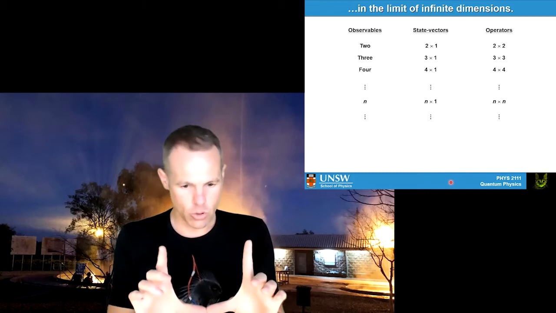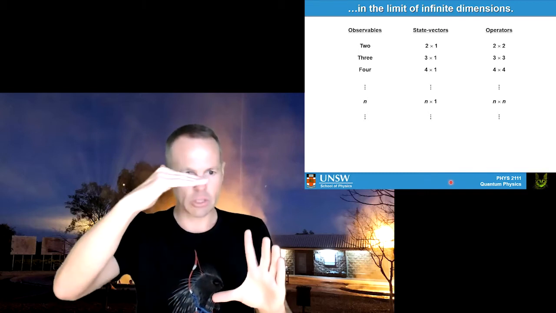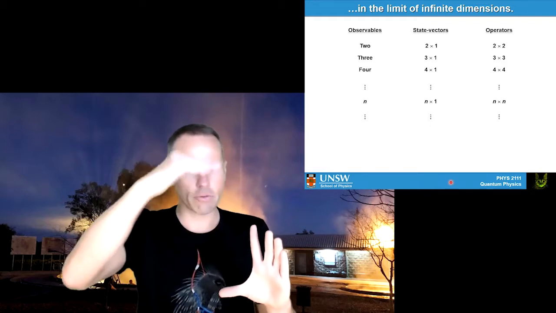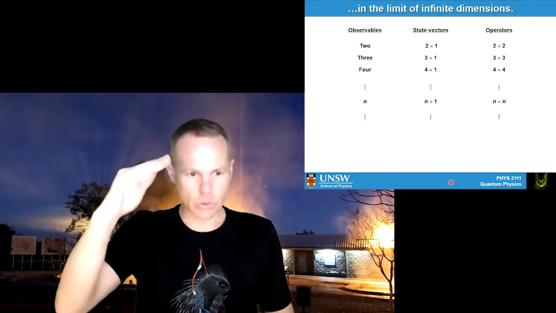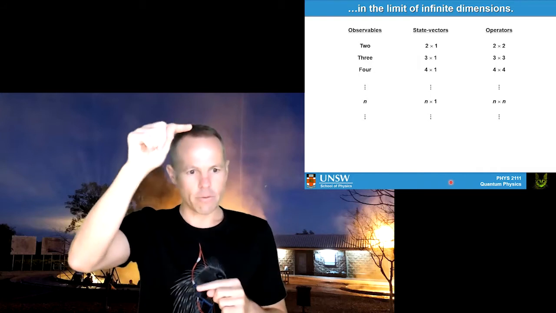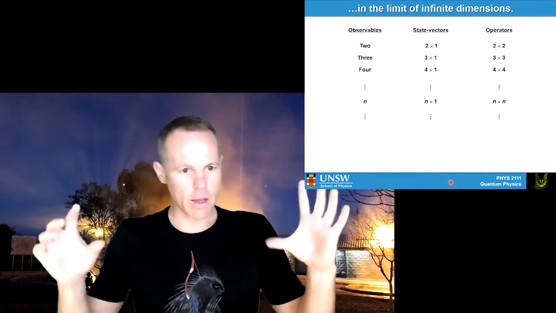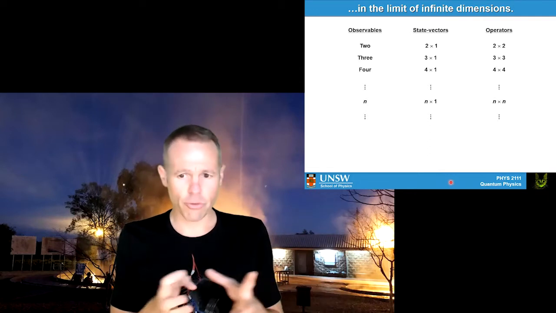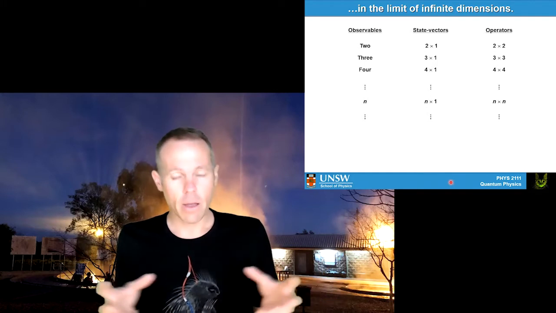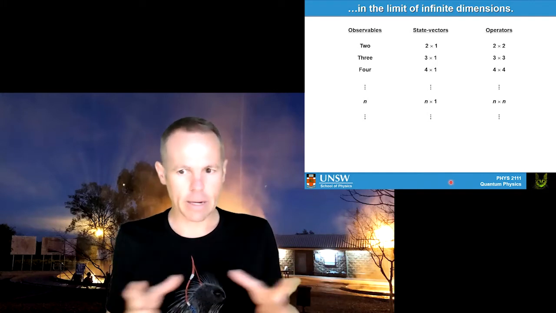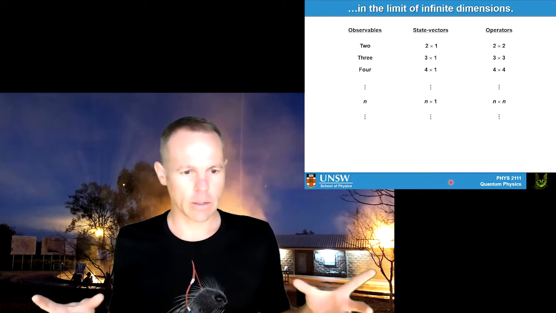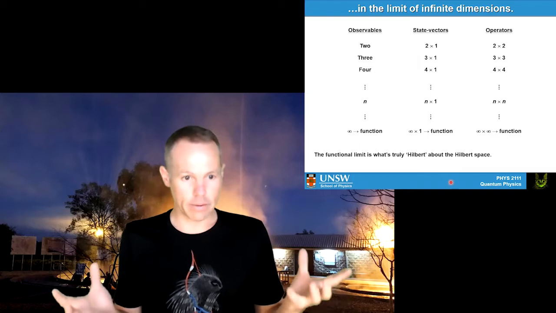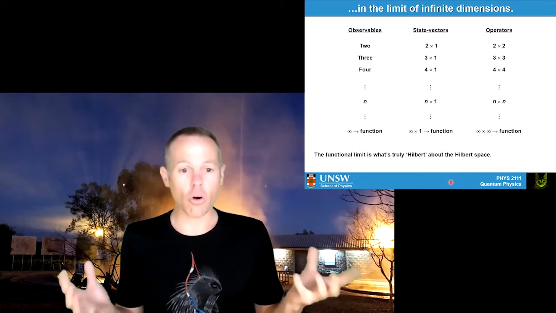And there, what you can do is say, well, each of my energy levels is an observable. Each of them has its own particular eigenstate and eigenvalue. And so I have n of those. So what I can do is make vectors with n elements in them and operators that are n by n. You can imagine the bigger the system gets in terms of the amount of observables you have, the more complicated the vectors and operators you need to deal with it. Eventually, you get to the limit where you've got basically an infinite number of observables.